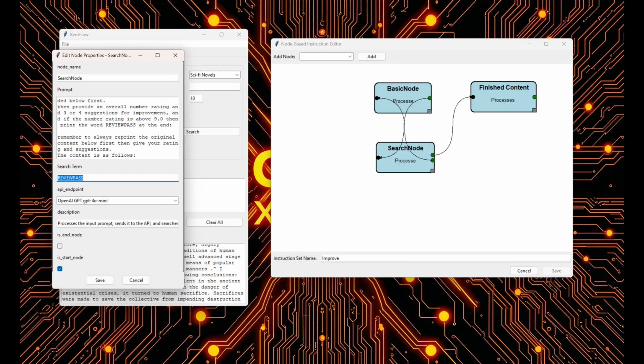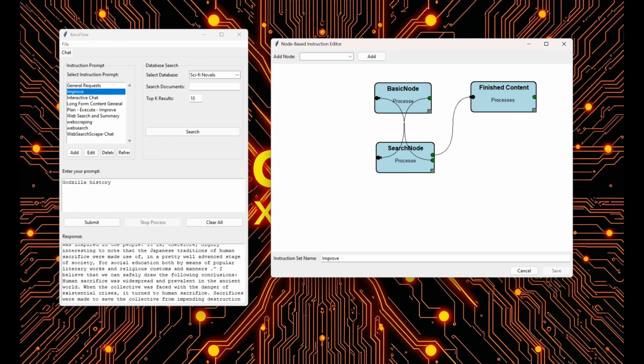And if it finds that, then it outputs to true, which basically sends it to the output. If not, then it sends the content with suggestions back to this node, which is the processing node where it processes the suggestions to improve. So now what we're going to do is go here and paste in that blog article. And let's see if this runs the way I think it's going to run. So we're going to leave that there